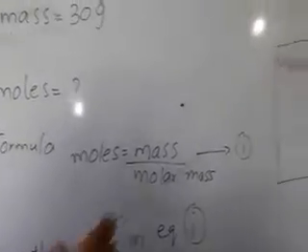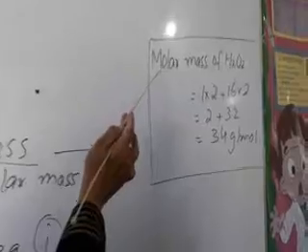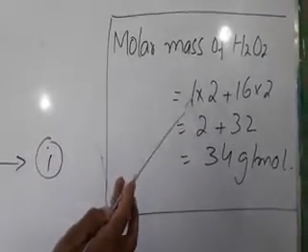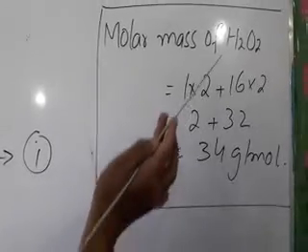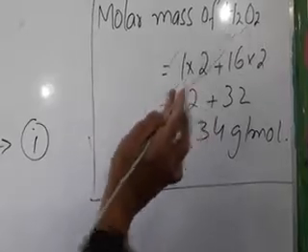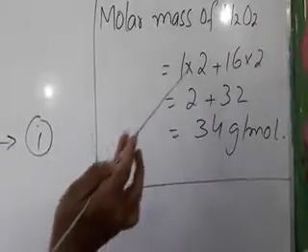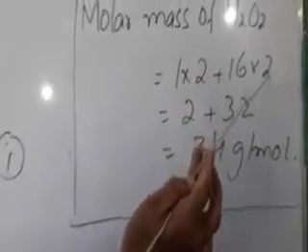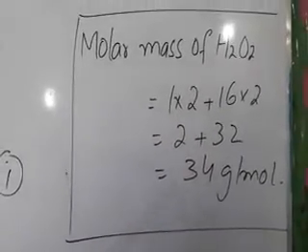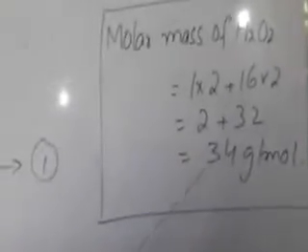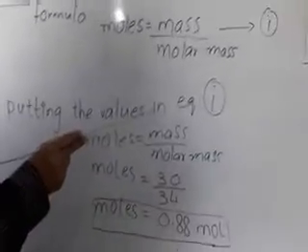So as we did earlier, molar mass of hydrogen peroxide, molar mass is calculated by putting the atomic masses with the number of atoms in the particular compound and then taking the sum. So we did this, putting its mass 1 multiplied with 2 plus 16, mass of oxygen, into 2, number of atoms there, taking its sum, it is 34 grams per mole. So this is the molar mass of hydrogen peroxide. Now putting all these values in equation 1.